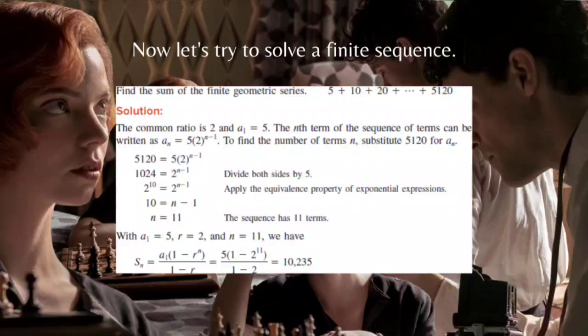With a sub 1 equals 5, ratio equals 2, and n equals 11, we have S_n equals a sub 1 multiplied by 1 minus the ratio raised to n, over 1 minus r. And this is equivalent to 5 multiplied by 1 minus 2^11 over 1 minus 2, that is equivalent to